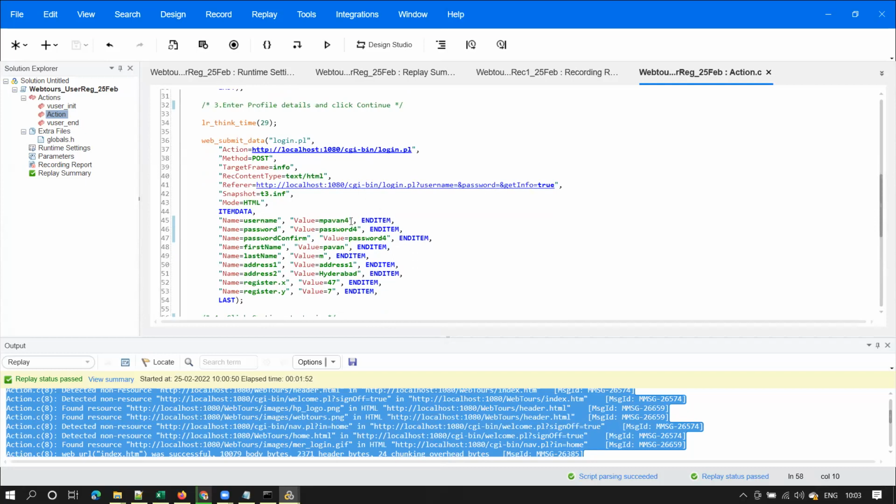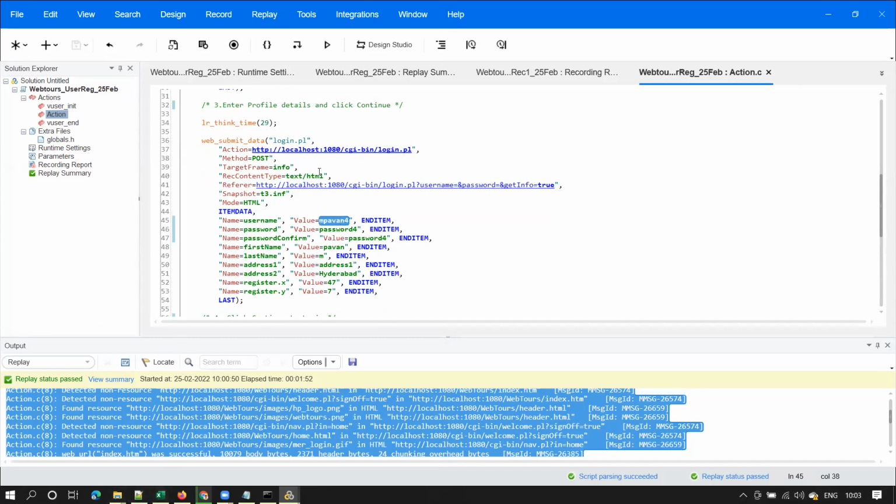Right. Now suppose I want to register some 100 user IDs. Every time I cannot come here and modify that, again, that is a tedious task, right? That involves some manual work, right? So now what I want to do is register some 100 user IDs.